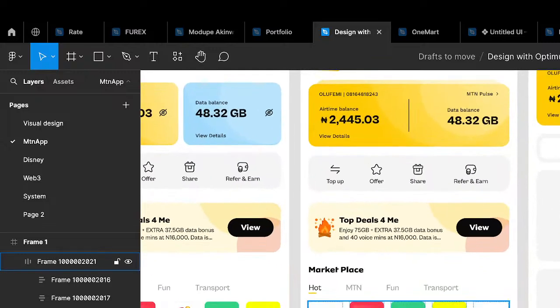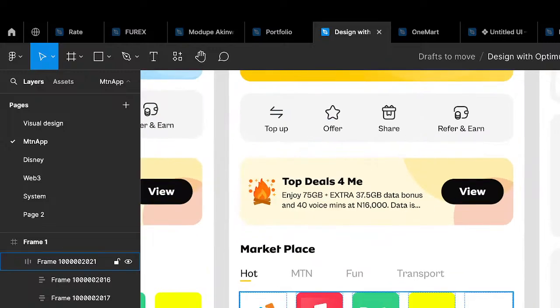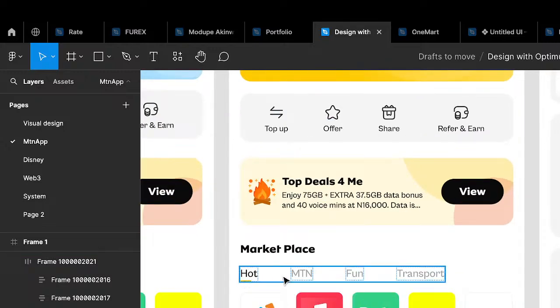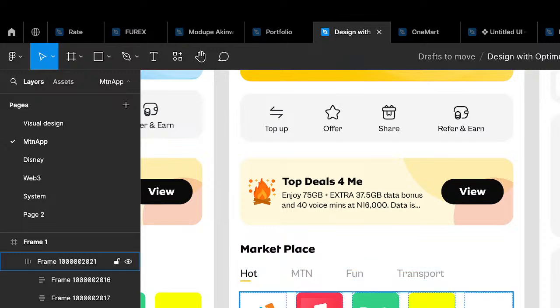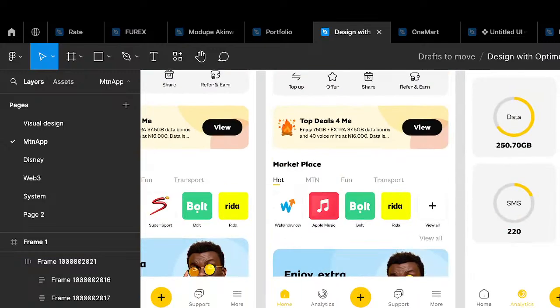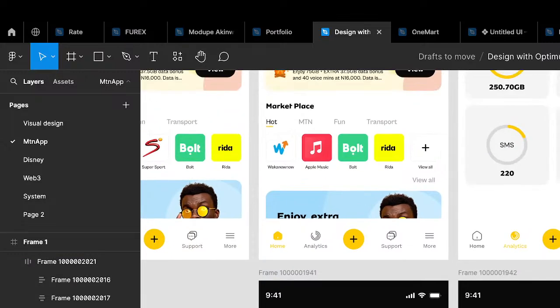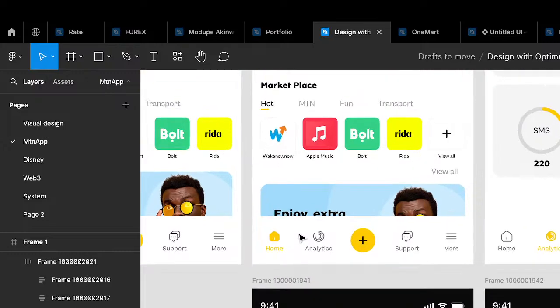Let's have a view all button right here. And you can see that this is the active state and the other ones. So let us talk about the nav bar. Let's talk about the nav bar. This nav bar